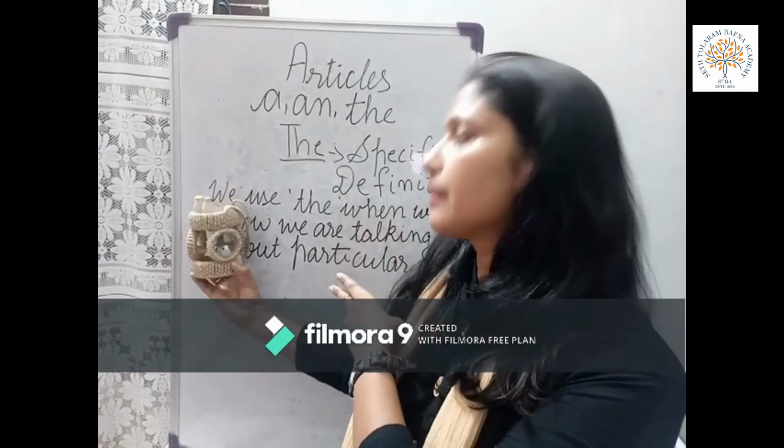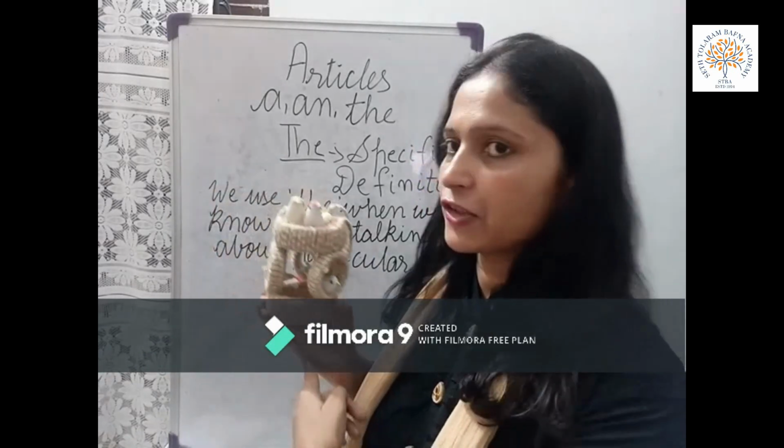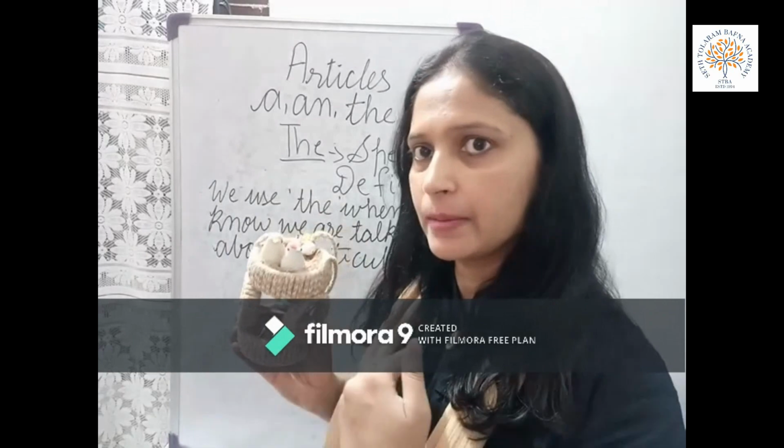Now we will say, these are birds. What will we say? These are birds, because these birds are close to me. Now again this bird cage is a little bit far away from me. Now I will say, those are birds. What will I say? Those are birds. When the bird cage comes a little bit nearby, then I will say, these are birds. When it is a little bit far away from me, then I will say, those are birds.